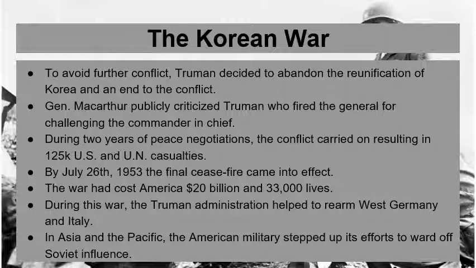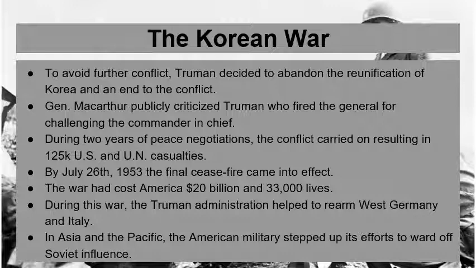So we see that the Cold War has turned into a hot war in Korea. It's been a very costly war. And by its end, it was very unpopular. Americans wanted out of it. Also, we were arming our allies in order to stop